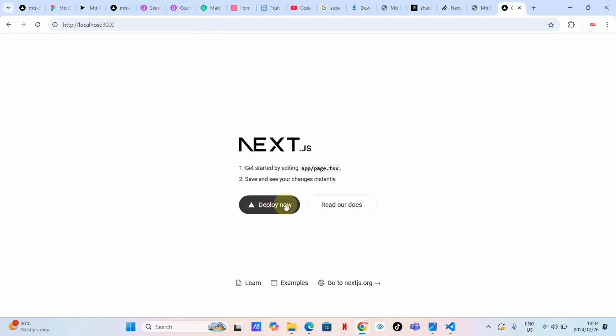Okay, so as you can see guys, here is the Next.js project. It's working fine. Okay, so now we can call it a Mtt Component project. Okay, so what I'm going to do now,